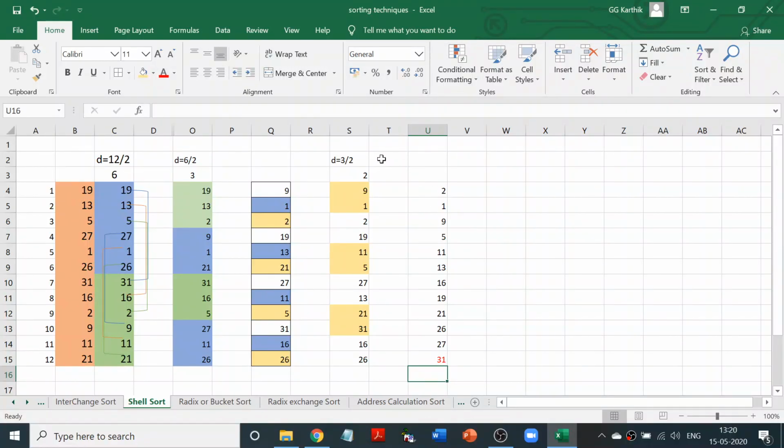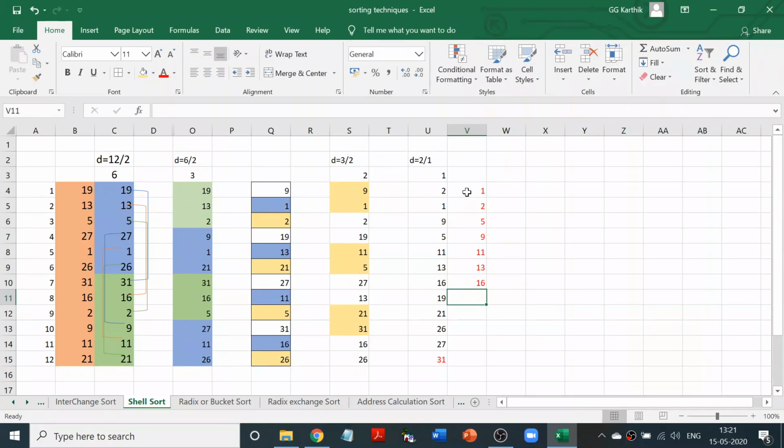We said to consider it as 2, so the iteration is not over. Still there is one more step where you have to say it's equal to 2 divided by 1, which is nothing but 1. So you have to again consider every element. Here you will compare 2 and 1, you will get 1, 2. Then you will compare 2 and 9, I'm sorry, 2 and 9 remain the same, no change. Then compare 9 and 5. So 5 will go here, 9 will come here. 9 and 11, 9 there, 11 there. 11 and 13, no change.